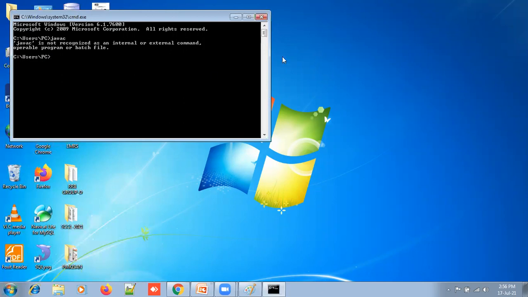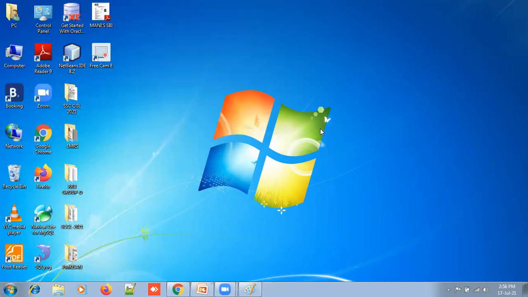To overcome this problem, we can set the permanent path. This is the temporary path I'm setting. As long as we do not close the command prompt, the path is present. If we close the command prompt, then the path is gone. That is the temporary process. For temporary working purposes, we can choose that way, but in all situations and all conditions, that way is not suitable. To overcome that problem, we can set the permanent path.